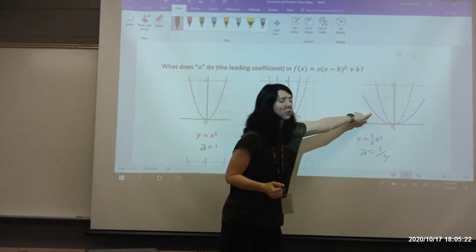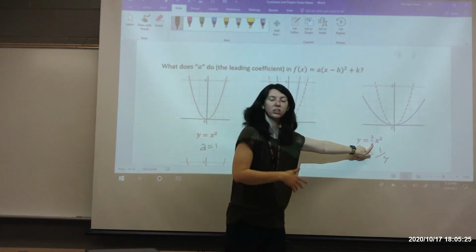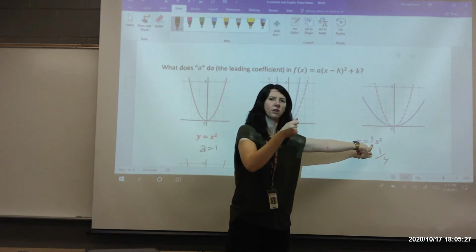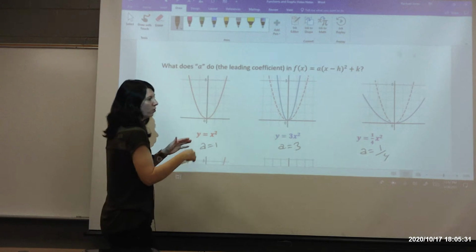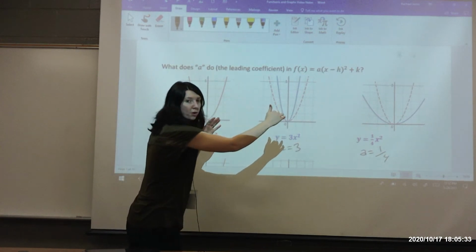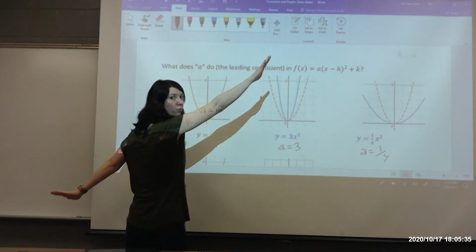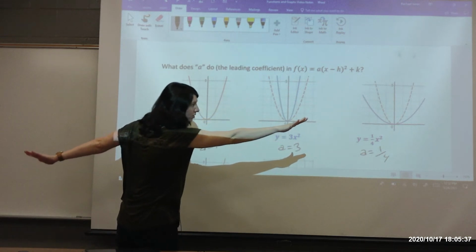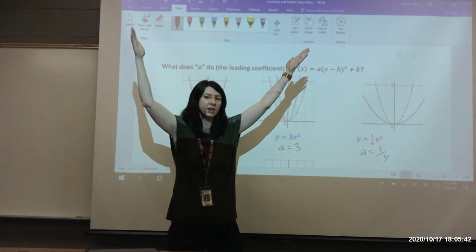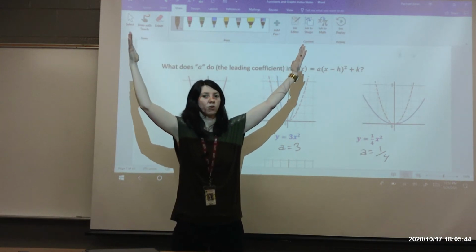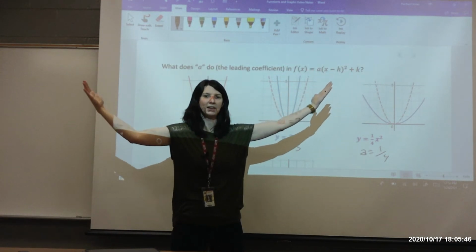Now, the reverse is happening when you have a fraction less than 1. Okay, we're still bigger than 0, but we're less than 1. So if I had a slope of a line of 1/4, that would be up 1 over 4. So it's going from a 1 over 1 slope to a 1/4 slope, which is really gradual. And the same thing's happening with our parabola. We're starting with a 1 style slope, and it's getting more gradual on both sides, so it widens it out,